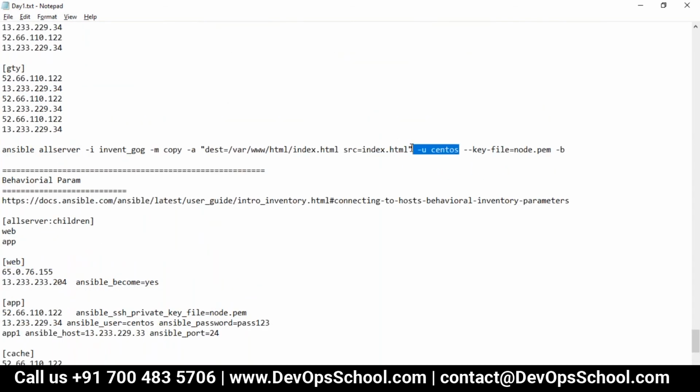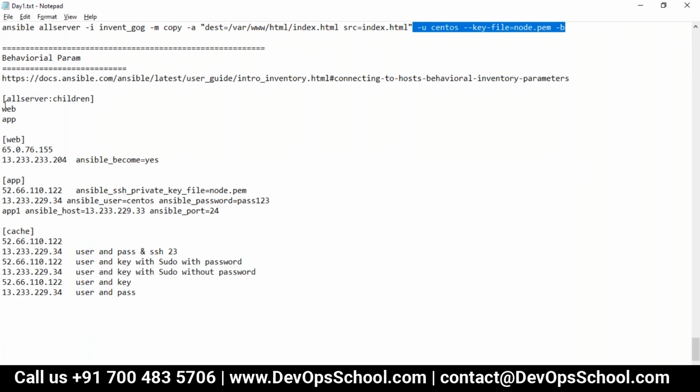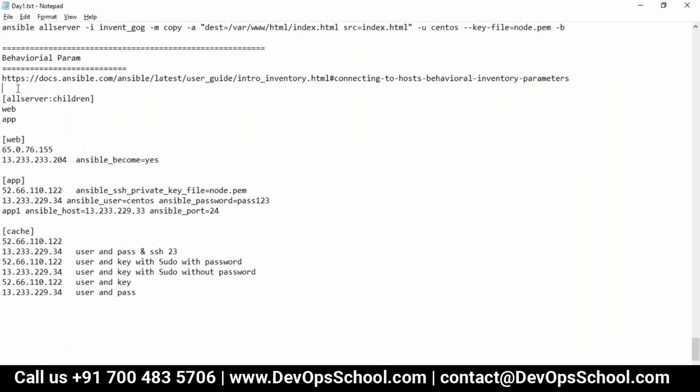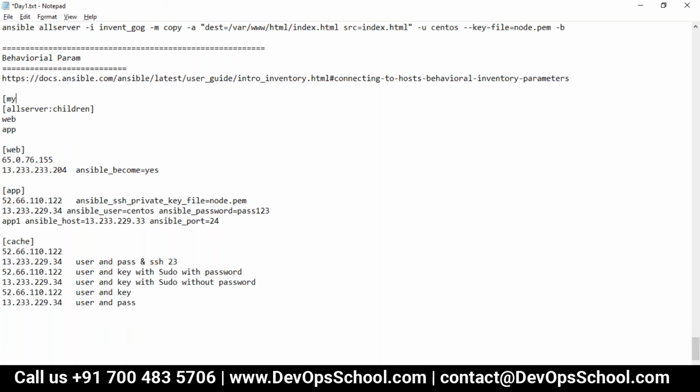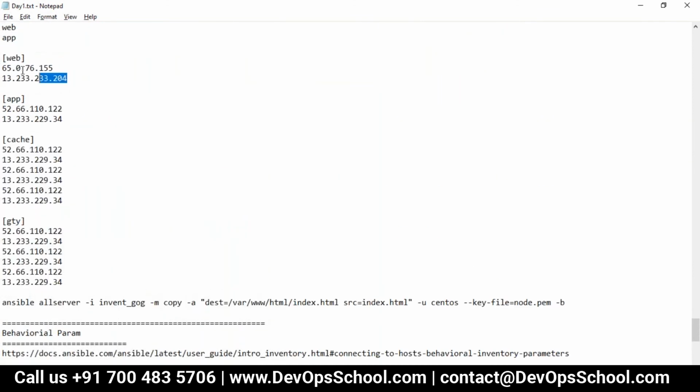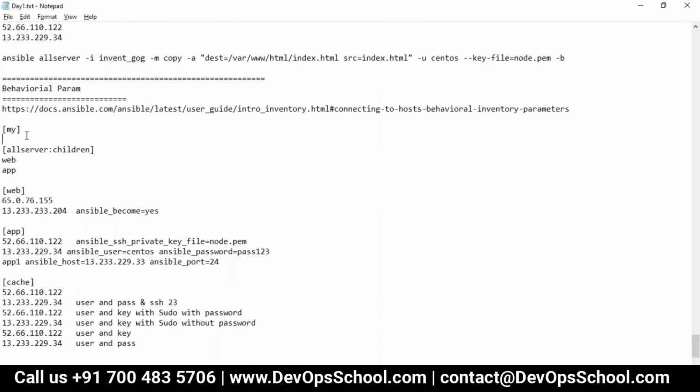For the time being, I have only one problem. I have a user, key, and become, only 3 options. So what I'm going to do is create one group. This is my group, and in this I will add 2 servers. I'll copy from this place, my group.